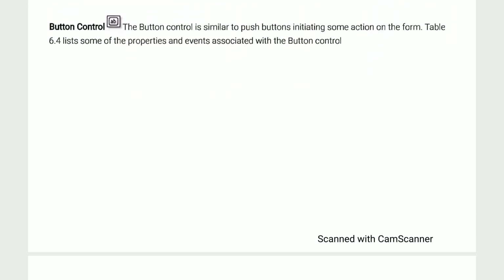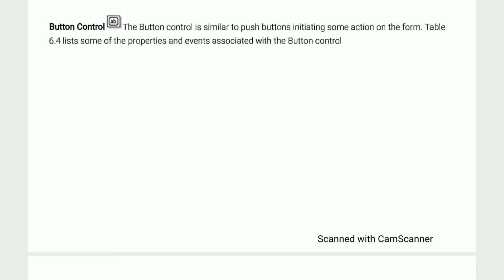We can also call it the command button control. The command button control is used to execute commands. Hence, it is very frequently used as a primary control. This command button control is similar to push buttons used for initiating some action on the form. You may have seen many times, while filling up any form or using any particular website, that there are different buttons.